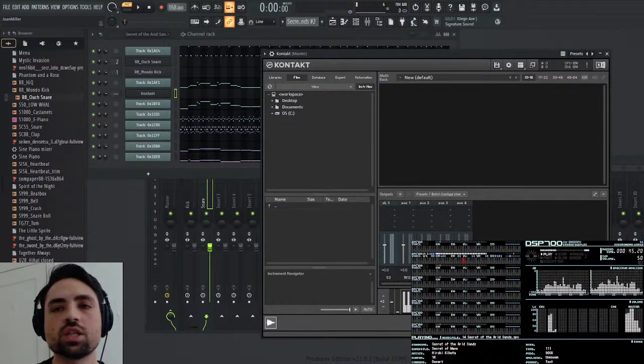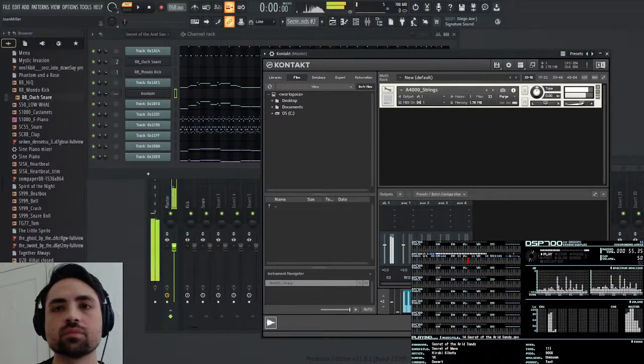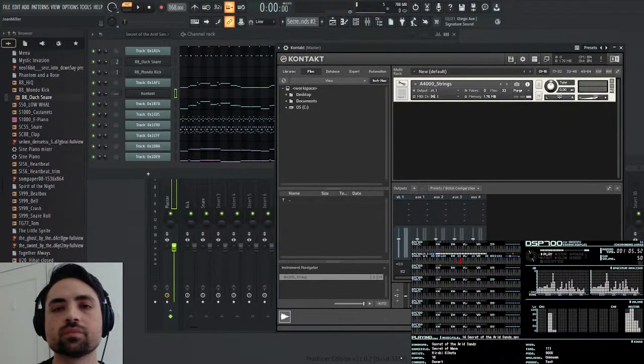And so these are sustained strings. So I drag my strings in here. So it should be pretty straight up. And I think that's the loop.